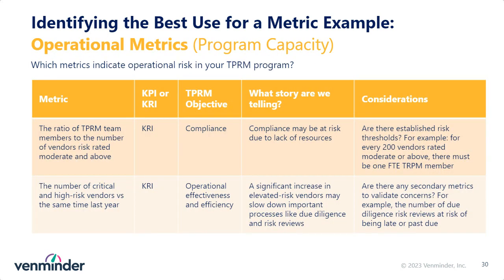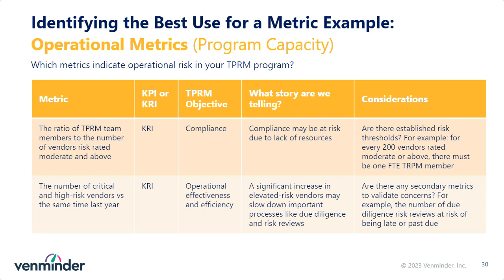Now, in this last example, we're going to look at program capacity, right? So we're going to look at the number of third-party risk management team members to the number of vendors that are risk rated as moderate or above. We're going to use this as a KRI, and we're going to do it as a KRI for our compliance objective, because if we don't have enough resources, compliance might be at risk. But we do need to have some established risk thresholds here. So for example, maybe we say for every 200 vendors that are rated moderate or above, there has to be one